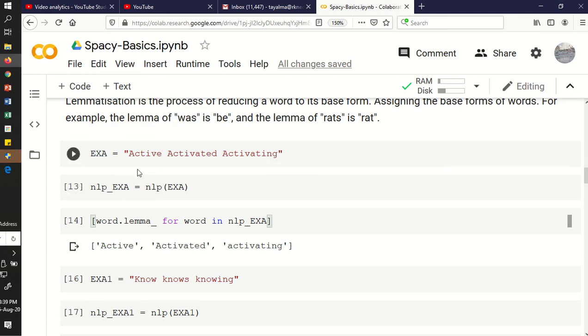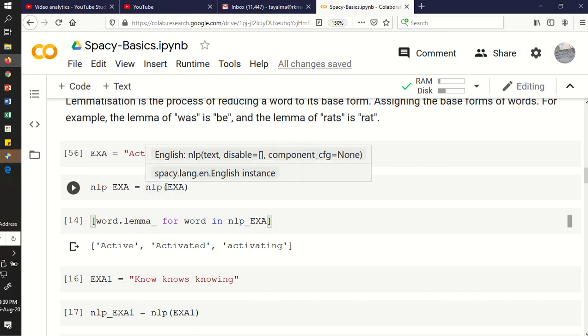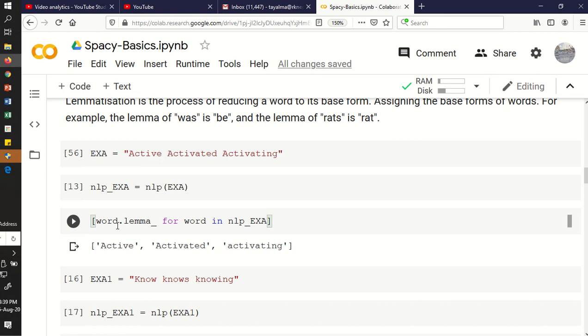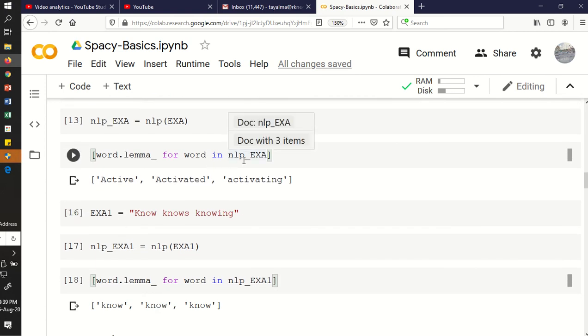Now we have to pass this string into NLP, which we have already seen, because the syntax for passing it is like this, in brackets. So that will become a new variable. Now you are passing this variable, nlp_exa, with the for loop for lemmatizing it.